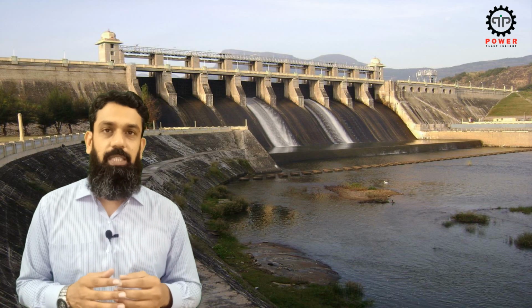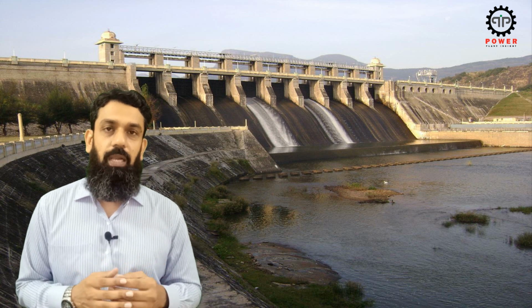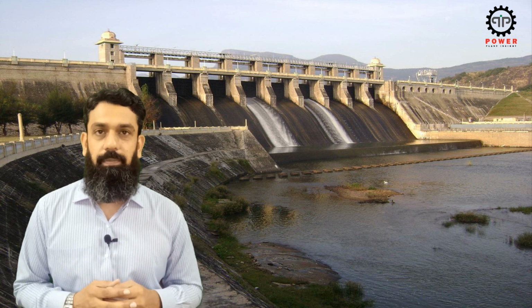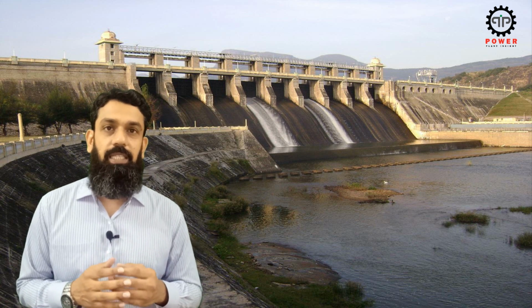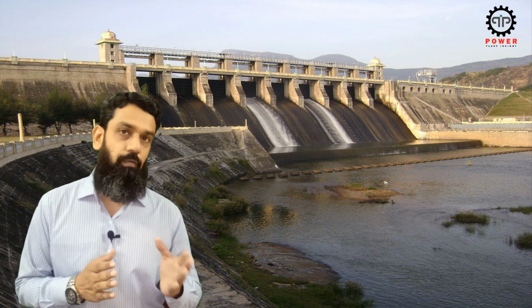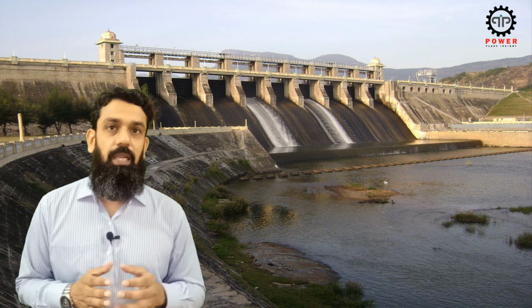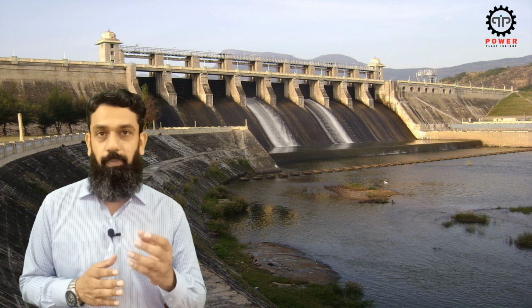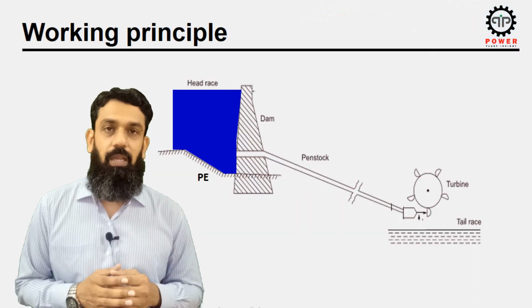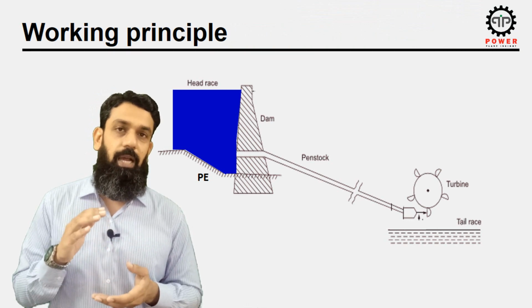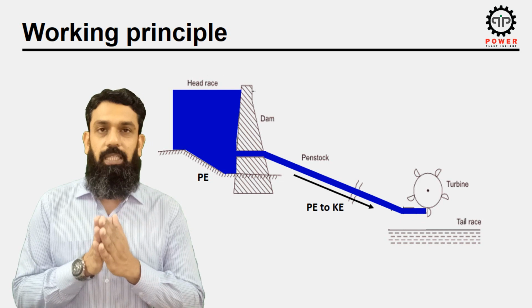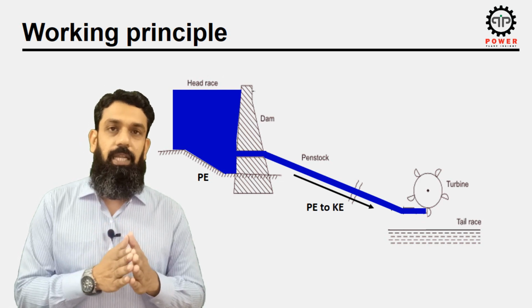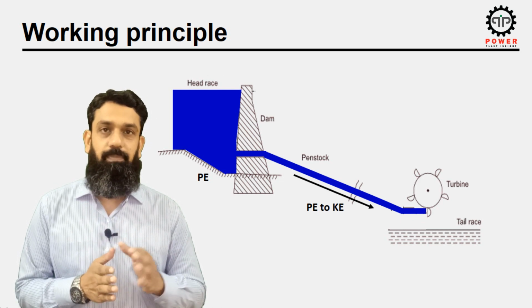Hydropower is basically an economic, renewable and non-polluting source of energy. It generates electricity by utilizing the energy of falling or flowing water. Let me explain this concept in more simple words. When the water is stored at a considerable height, it has potential energy in it. When this water is allowed to flow into a channel, in technical terms called a penstock,